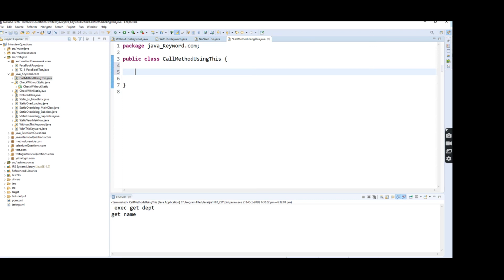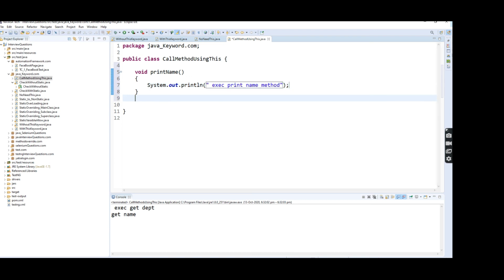Here I'm going to create two different non-static methods. The first is void printName, which executes the print name method.